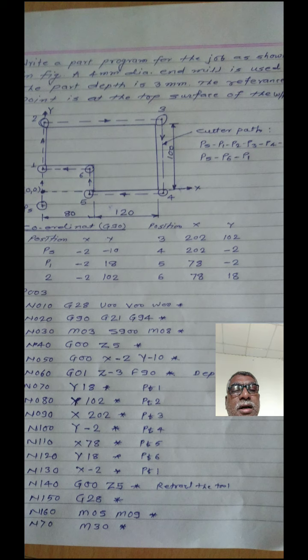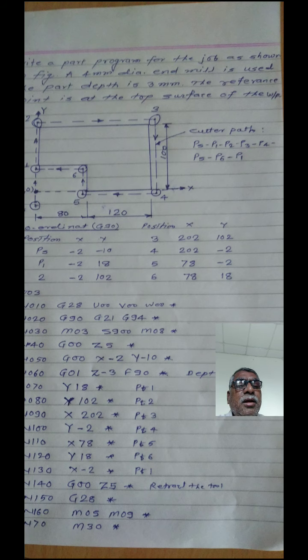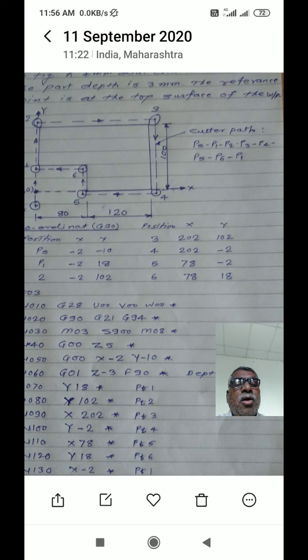the periphery of the cutter touches to the corner of the workpiece. The metal is removed from the periphery of the cutter, not from the center. But here you have to consider the center point of the cutter to find the cutter location. So what is the total distance along the y-axis? 20 millimeter. And radius of the cutter is 2 millimeter. 20 minus 2 means 18. This is the coordinates value of the point 2 along y-axis. Therefore, coordinates of the point 2 is -2 and 18. Is it clear?